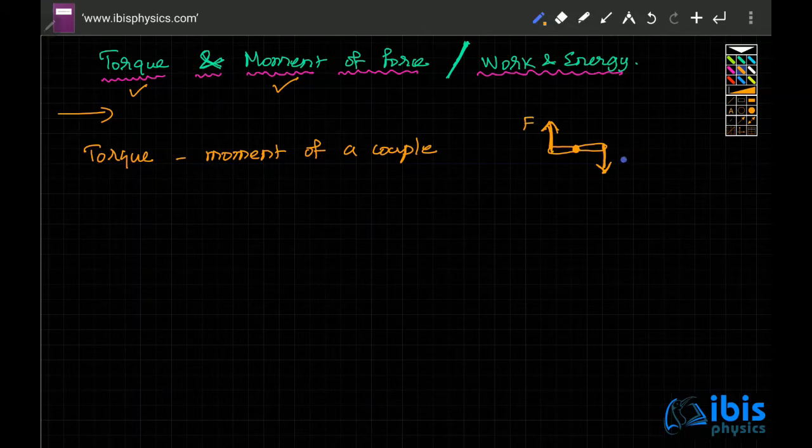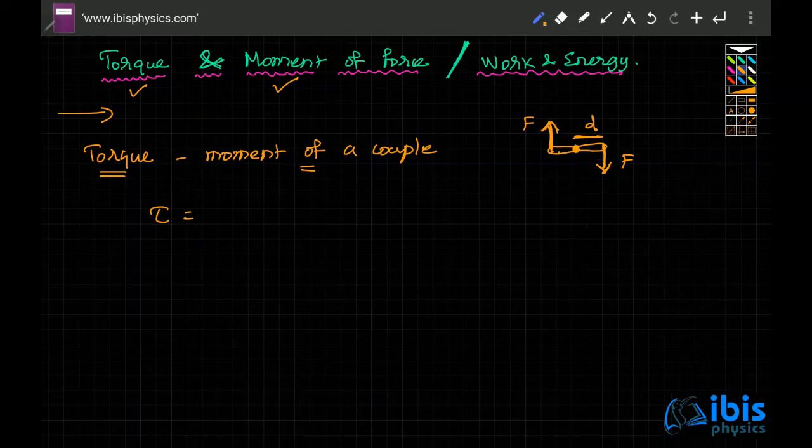Essentially these two forces are equal and opposite, they cancel each other, but the result is rotation. From the axis of rotation of the tap to the tip is a distance, let us say d. Then torque, or moment of a couple, is one of the pair of forces